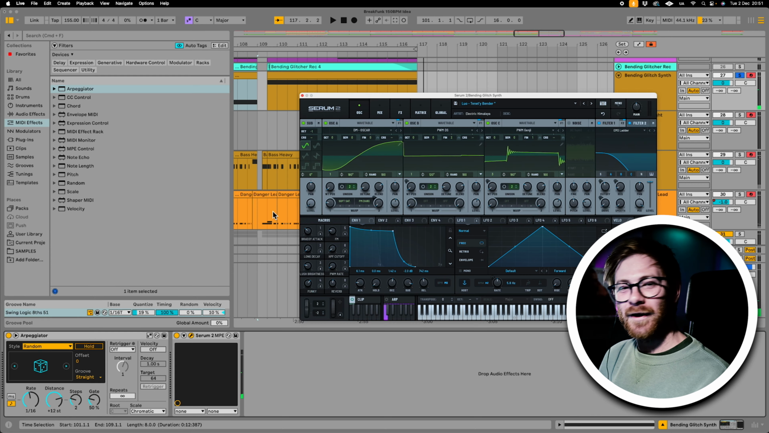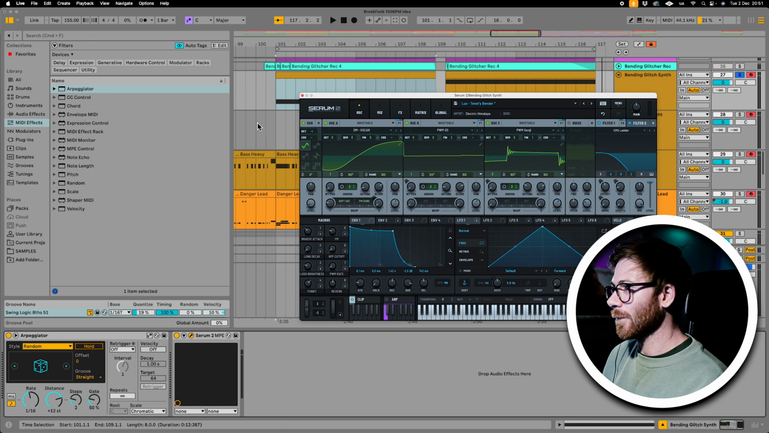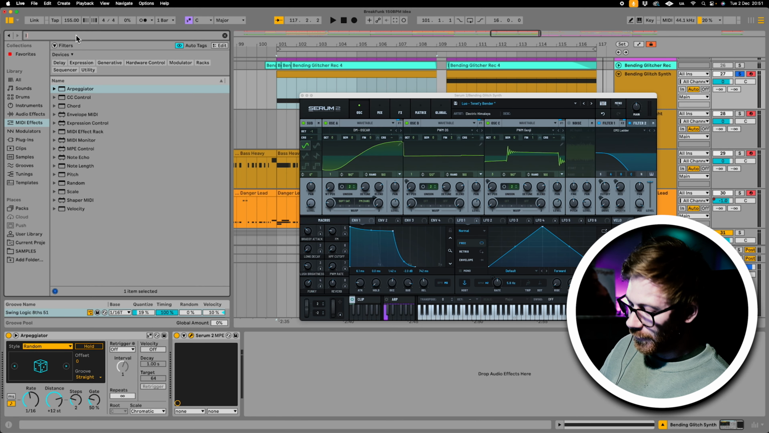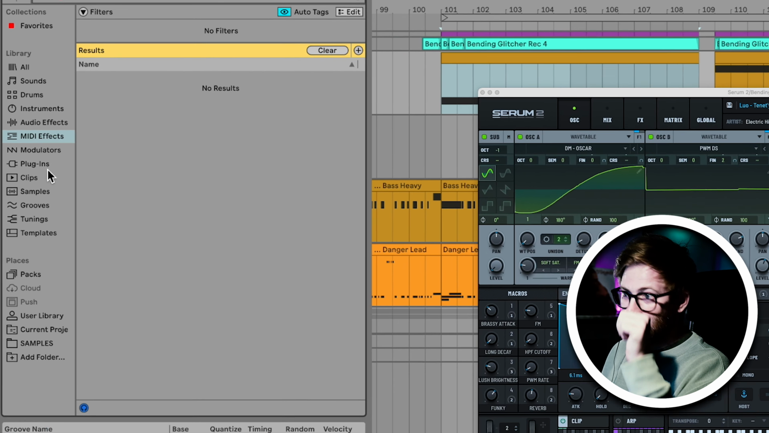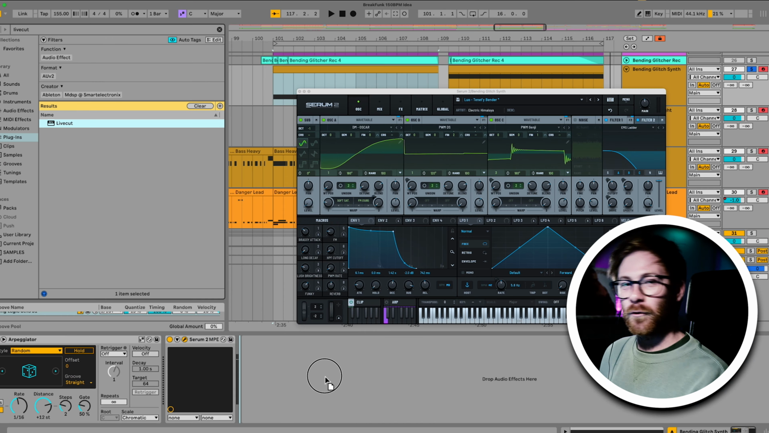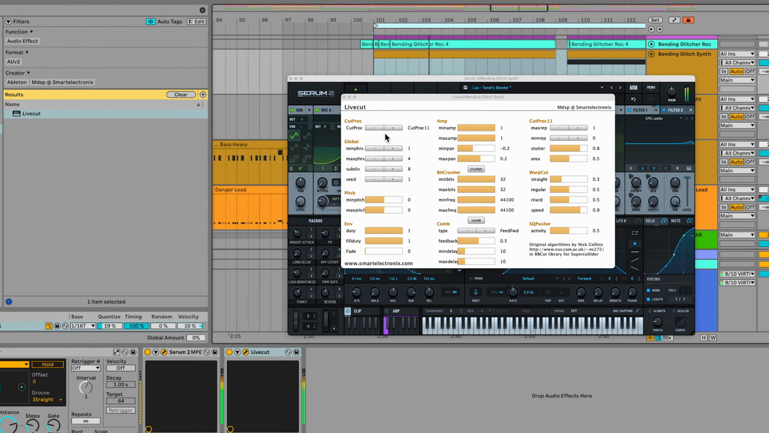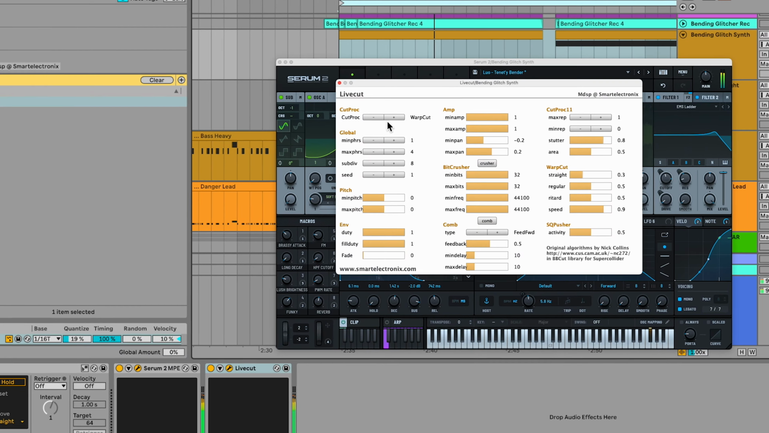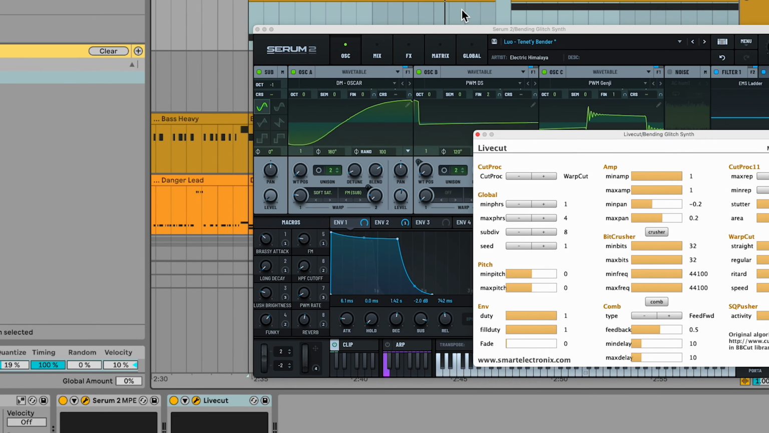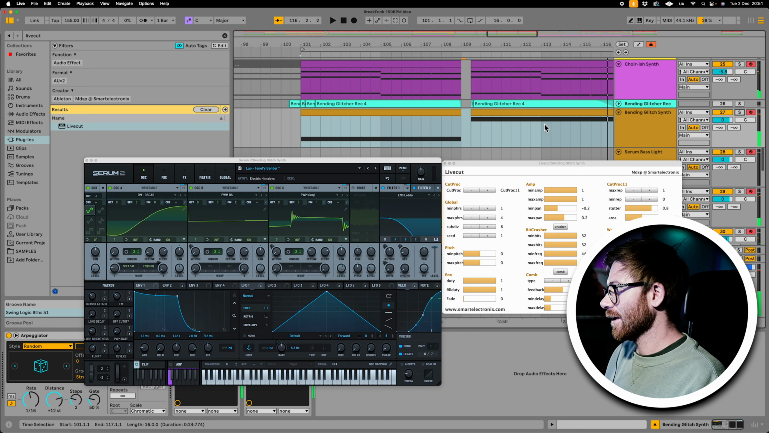Okay, we've got some fun, terrifying textures and quite interesting synthesis stuff going on there, but it's not enough for me. I want to make it even worse and more terrifying. So I'm going to put this plugin called Live Cut on it. Again, I've made videos about this before. It's basically an automatic glitcher. So in context,